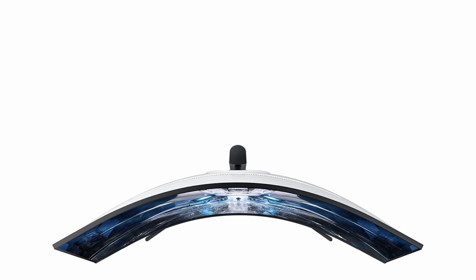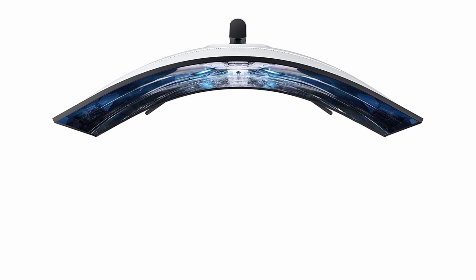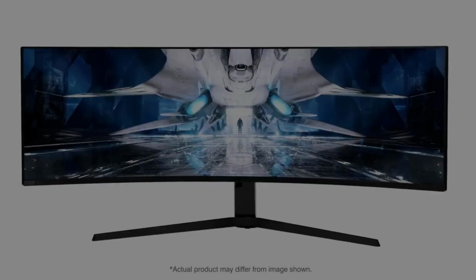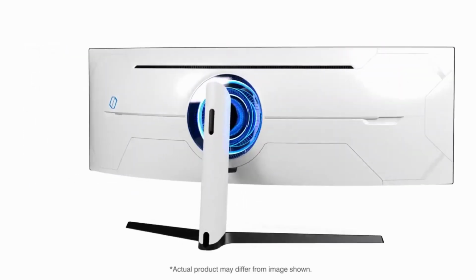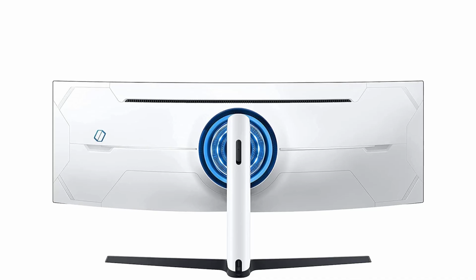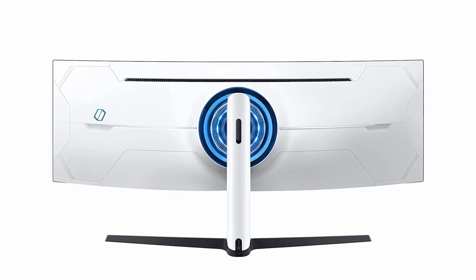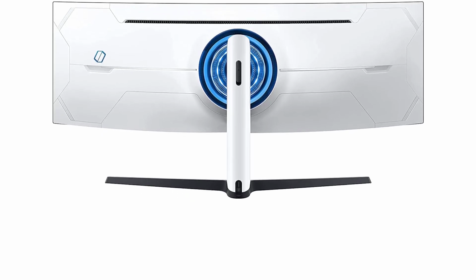It features NVIDIA G-SYNC and AMD FreeSync Premium Pro support to ensure smooth gameplay without dropped frames. The monitor boasts a rapid 240 Hz refresh rate and a 1 millisecond response time for optimal performance. Its mini-LED quantum matrix technology enhances visuals with increased screen dimming zones and improved luminance, delivering deeper blacks and brighter